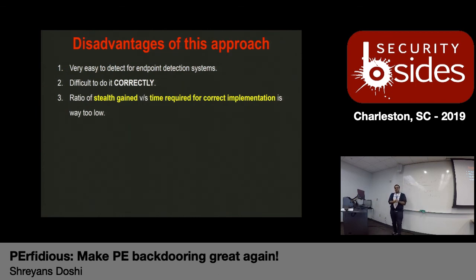So PE files are basically a stream of bytes, right? Not all those bytes are filled with information that is important for that file to run. There will be streams of nulls present in various locations inside PE files, and those nulls might not be utilized. Those are called code caves, right? And they can be used to fill in your malicious code.